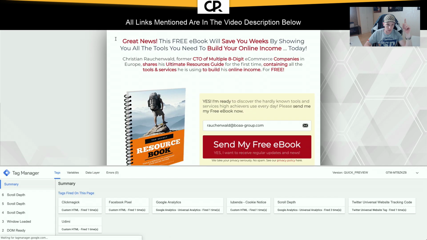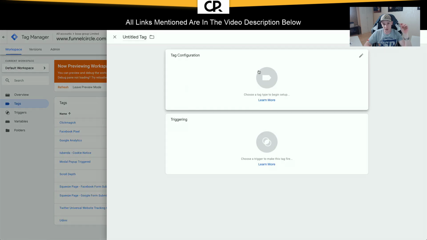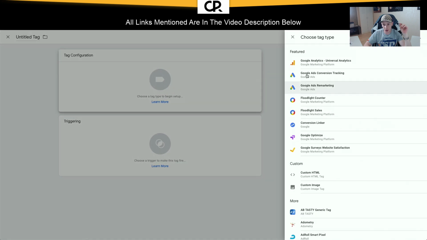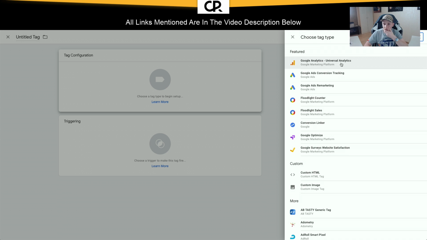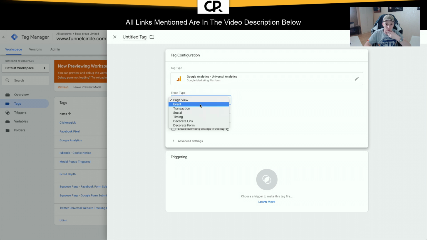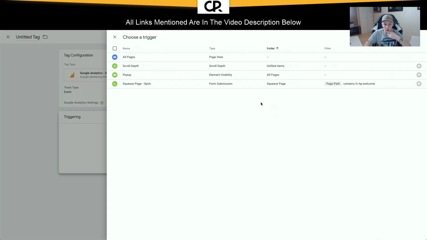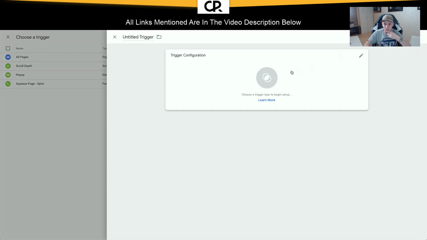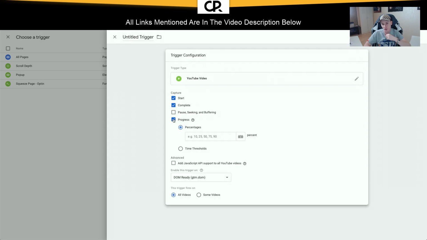If you have a video on it, it works only for YouTube videos, I'm going to just show you how you would set it up. You could also say tag configuration, and then there should be YouTube, no, what was it? I think it was also Google Universal Analytics, and there should be event, and then the trigger should be YouTube video. Yeah, so you can capture when people start and complete or the progress of a video,